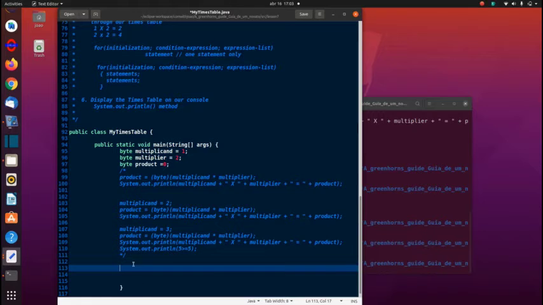So I'm going to say for, and I've already initialized the multiplicand and the multiplier here, but I need to use it. So I'm going to say for, which one do I want to loop through? I want to loop through 1, 2, 3, 4, 5, and so on. So I'm going to say for multiplicand